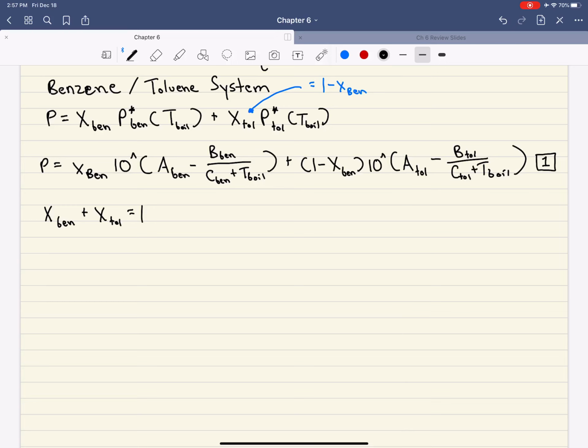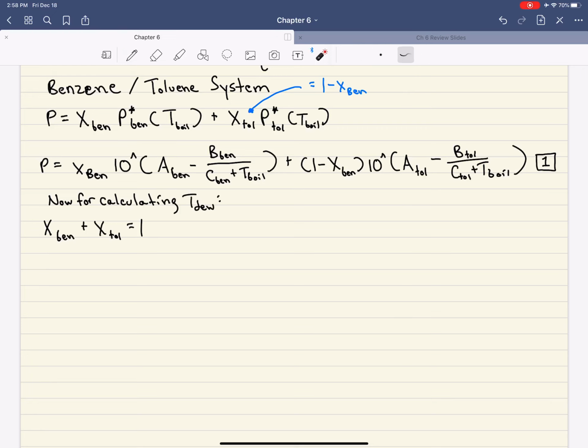And so maybe it'll help out if I just move this down a bit and say, now for calculating the dew point, we're going to use another equation. Right? And so here, we're just going to start with this relationship. What I'm going to do now is invoke Raoult's law to replace these liquid mole fractions with the vapor mole fraction relationships. Right? And so from Raoult's law, we know that